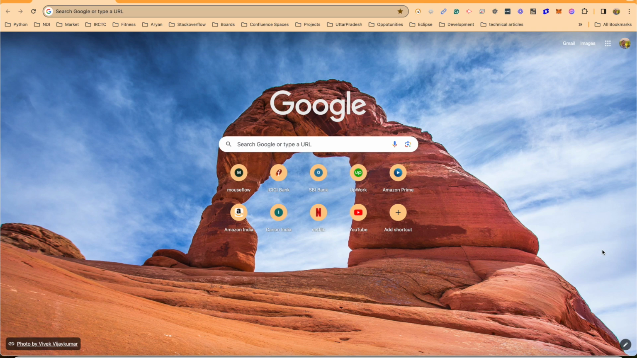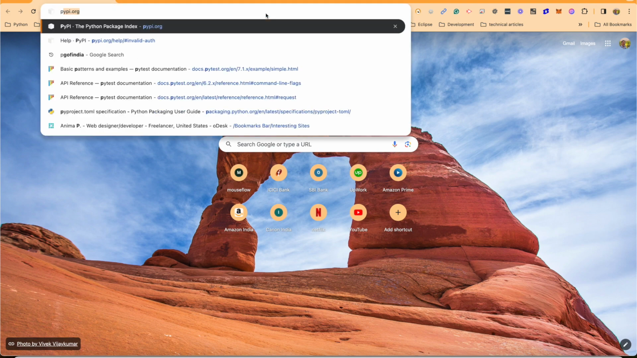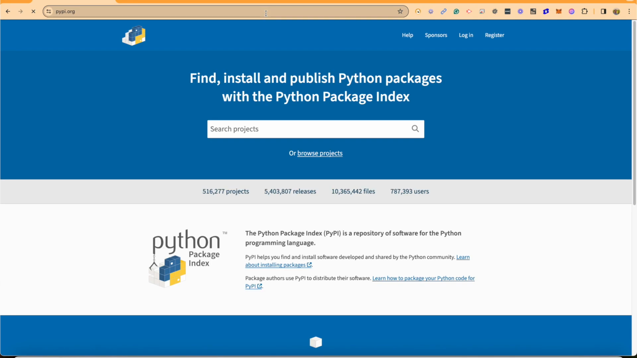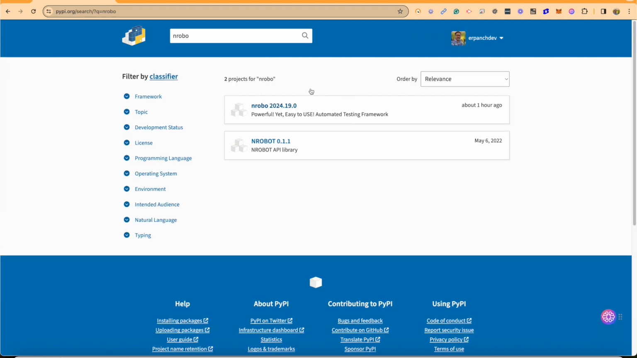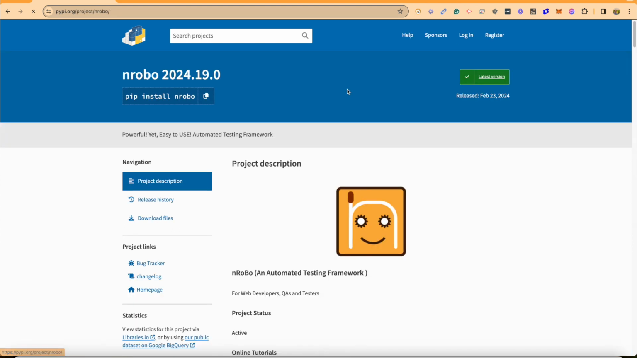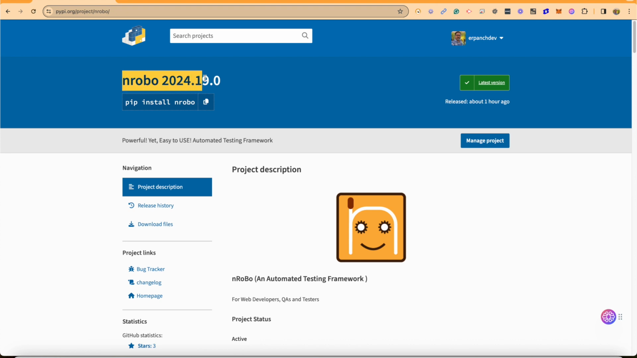Hello, in this video we are going to see how we can search for the nRoBo project. Go to pypi.org, search nRoBo, and here you will see nRoBo: powerful yet easy to use automated testing framework. Click on it and you will be redirected to the project page. Powerful yet easy to use automated testing framework,